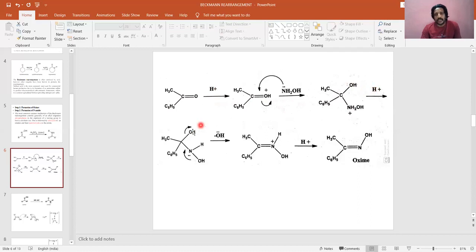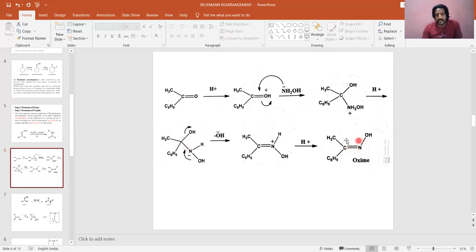So now what is our structure? Now we have a stable molecule. Carbon is connected to 4 different groups where we have NHOH here. Okay, what is the next step? Now this involves an elimination reaction. Actually, we need to get oxime. Oxime means a C double bond NOH compound.